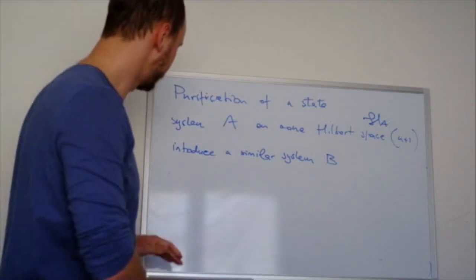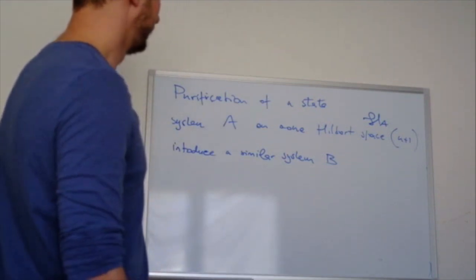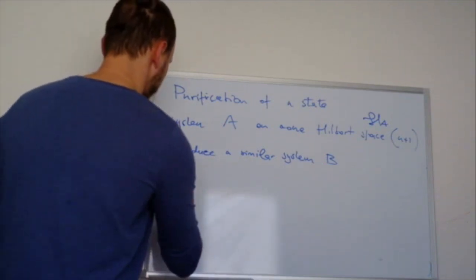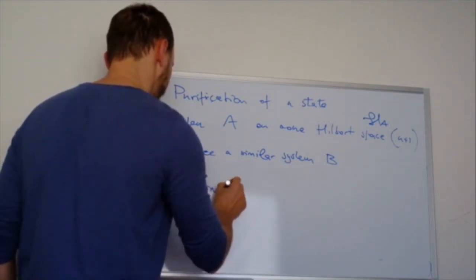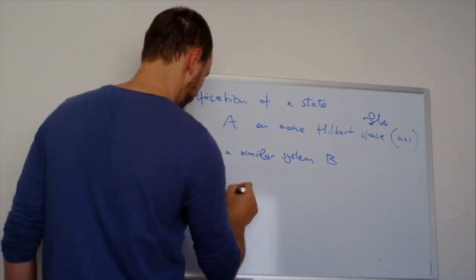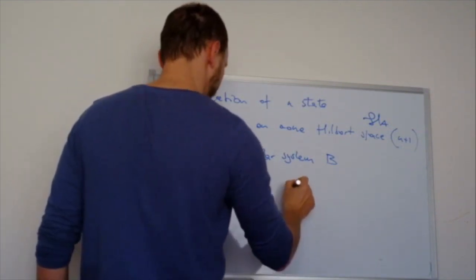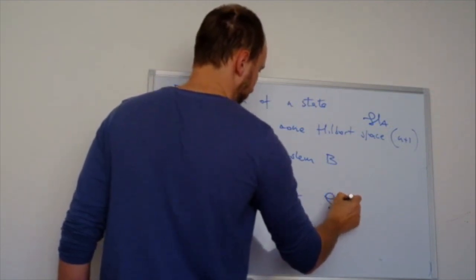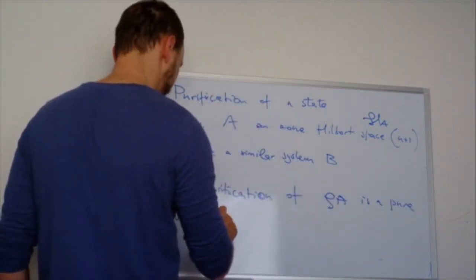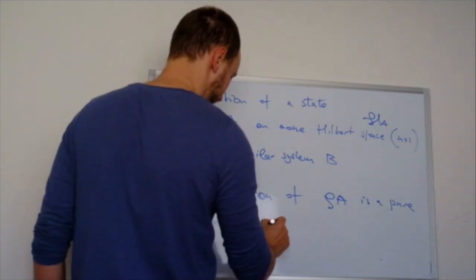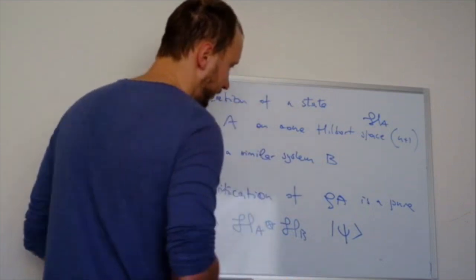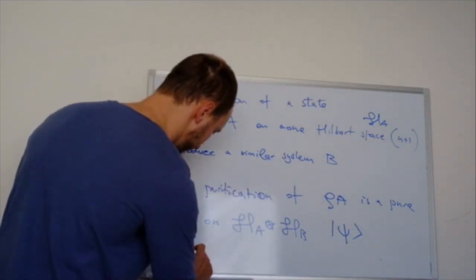or at least a semester ago. All right, so a purification of a state rho A is a pure state on the joint system, right? So it's a pure state on that tensor product, and let's just call it psi. Such that